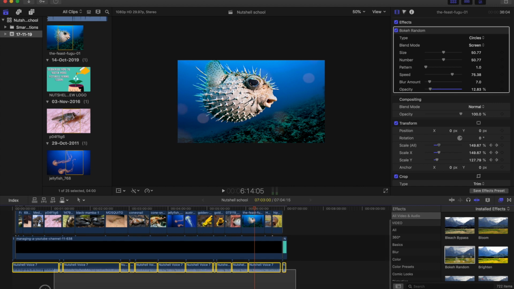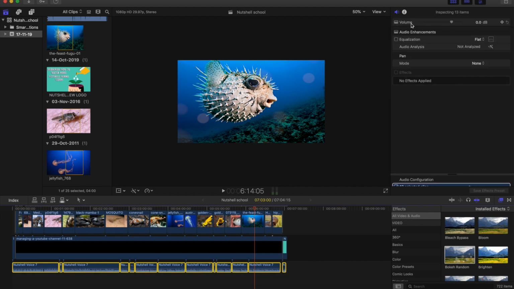So now next step is I'm going to select my audio, and I'm going to increase the volume of my audio as I think it sounds a little low. So from here you can select all the audio files, and you can increase the audio dB. So like I'm doing here, I'm just going to do plus